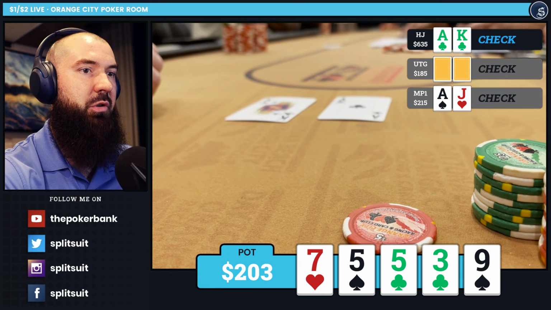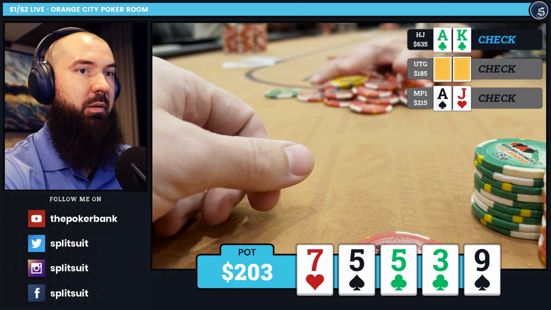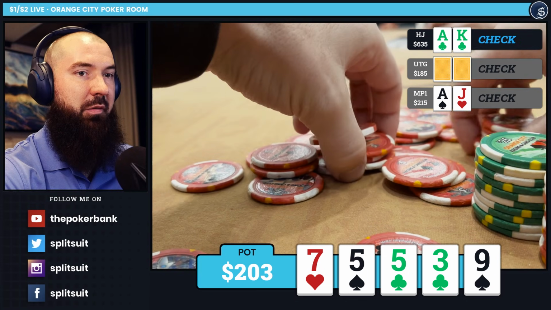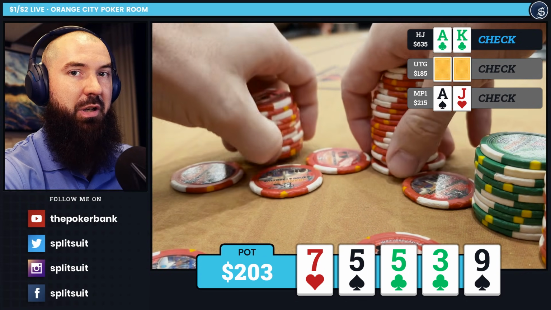One of the callers shows ace jack. I flip up my ace king, the other person mucks, and we end up winning a nice little pot with ace high. So I was not necessarily expecting to win this 100% of the time, but it is one of the benefits that can happen sometimes when you play this kind of pot out, instead of just checking the flop